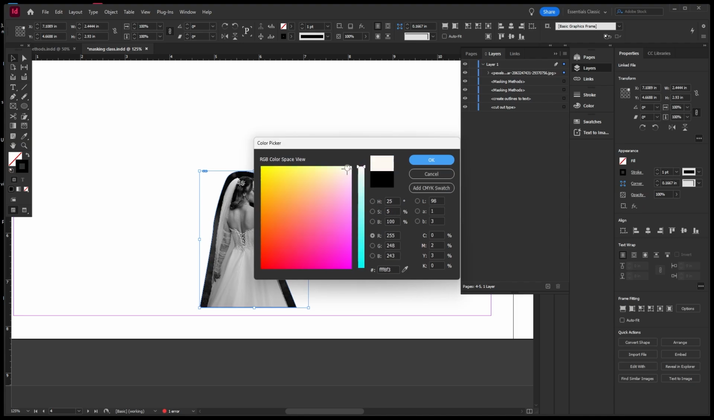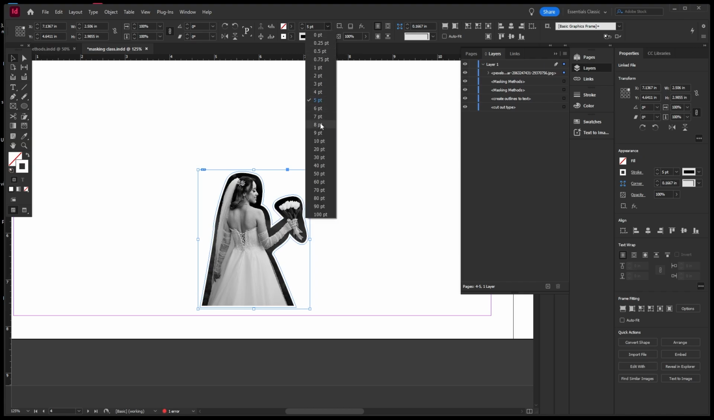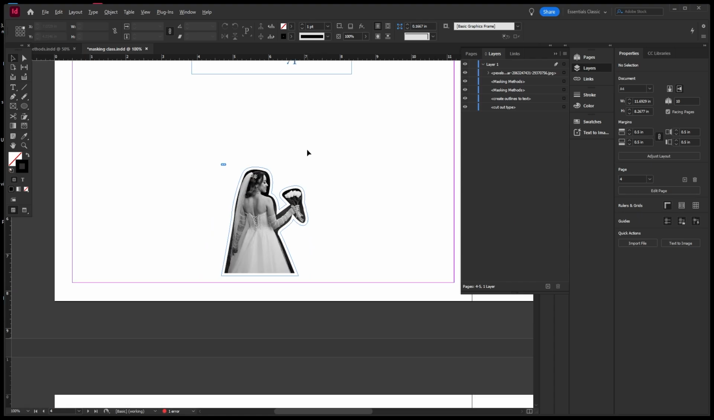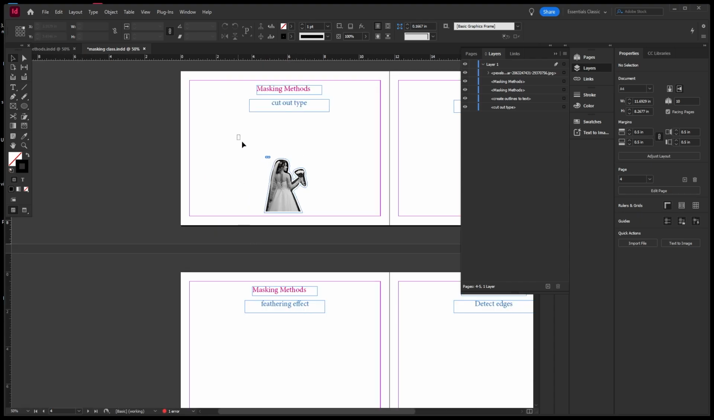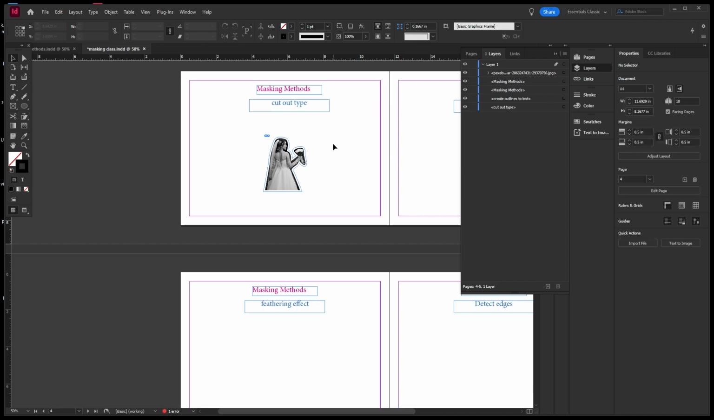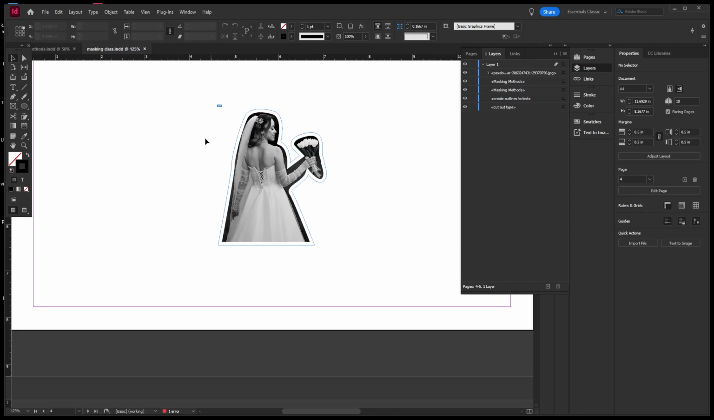and if you want you can select white color, and give an outline. Yeah, I'm giving it, and I'm giving 10. Yeah, this is nice. So Control L I'm giving. Okay, this is a cutout, just like cutout type,